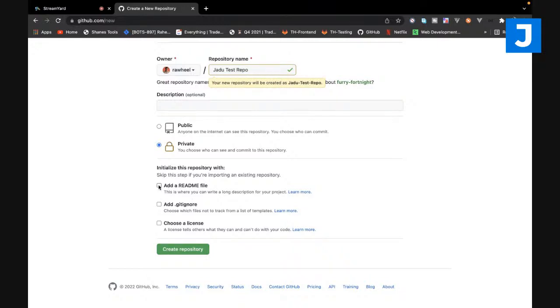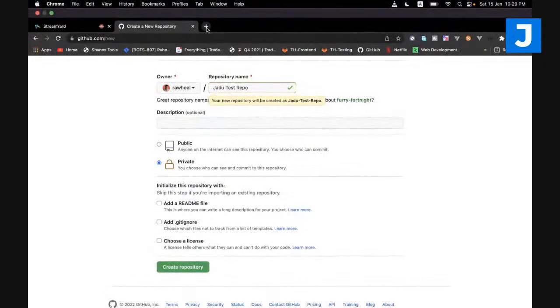So there are different options: add a readme file, add a .gitignore file, and then choose a license. I'm gonna be explaining them step by step. So readme file वो फाइल होती है जिसमें आपने जो भी अपने प्रोजेक्ट में काम किया है. For example, let me give you